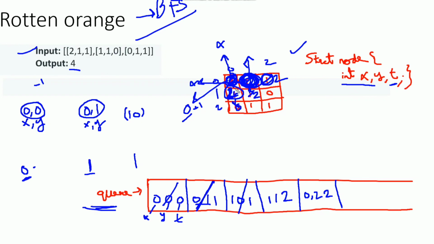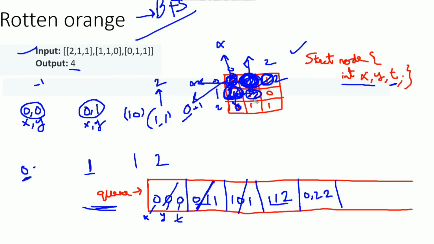Okay. So if we see this 1 comma 0, we find that its adjacent cell has already been explored, so no need to perform anything. Now next is 1 comma 1 comma 2. So 1 comma 1, and the initial time of this location is 2. From 1 comma 1 we can move in four directions. We can move up, but the value in the upper location is 2, which means already visited. We can move left, but this location is already visited.